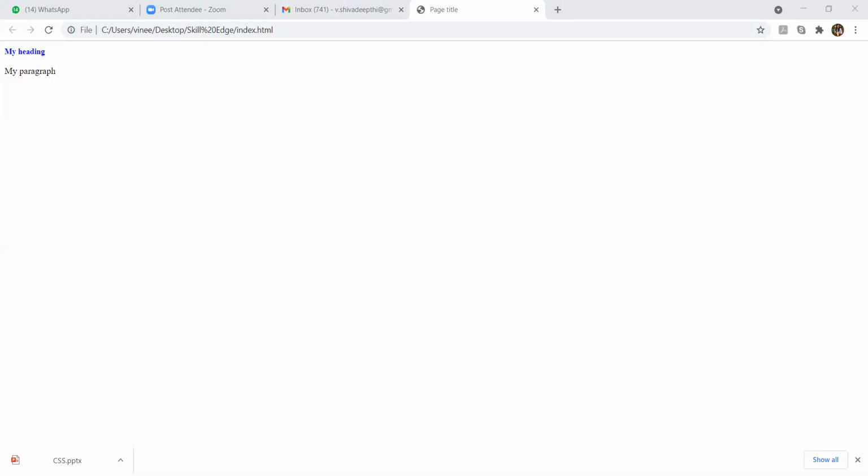There are most commonly used methods in order to apply CSS changes. So one of them is inline CSS and the other is external CSS. So this is how inline CSS will look like. For any given HTML element, we can add the style attribute and we can define